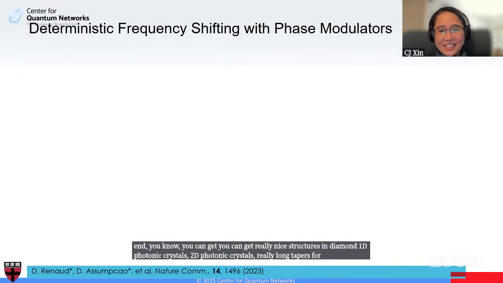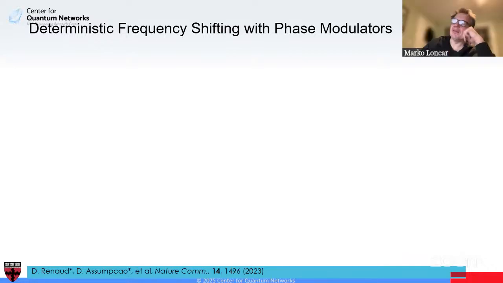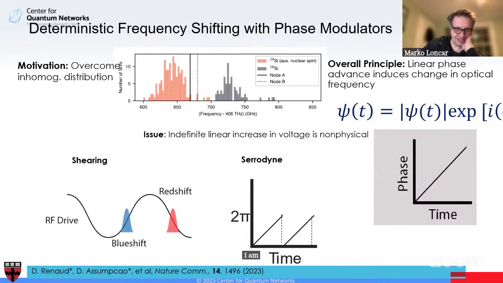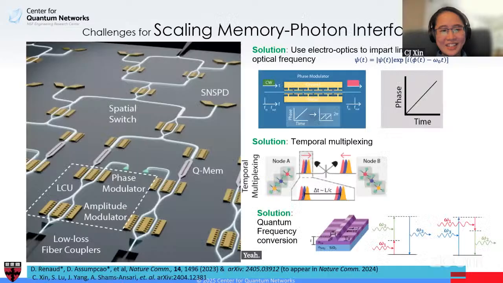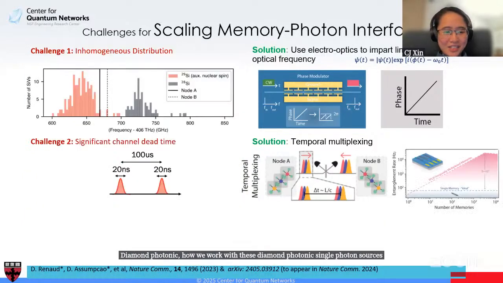But in any case, um, You can I skip that too. I was just showing am the also going to skip a bunch of stuff yeah, about how we use these yeah. diamond photonic well, how we work with these diamond photonic single photon sources because what the message of these